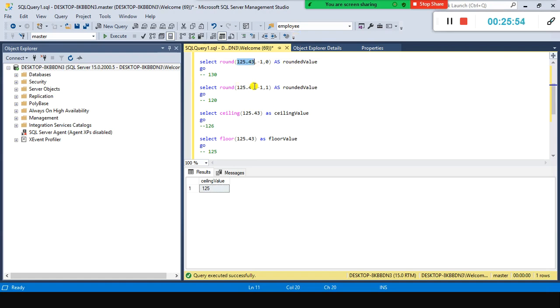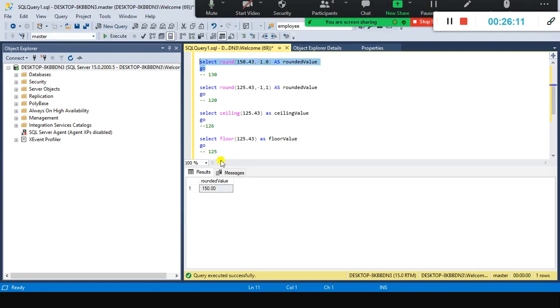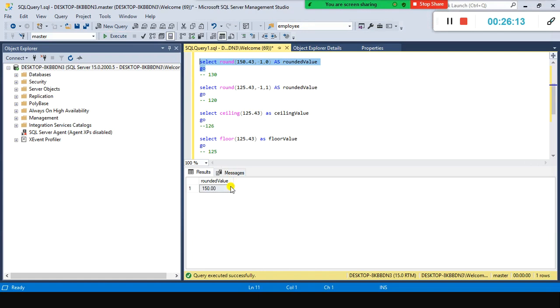Okay, so let's take something else. For example, let's say 150.43. In this case, what happens? Look here, it just converts to 150.